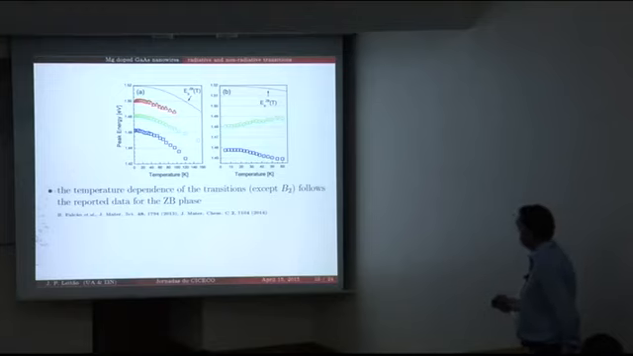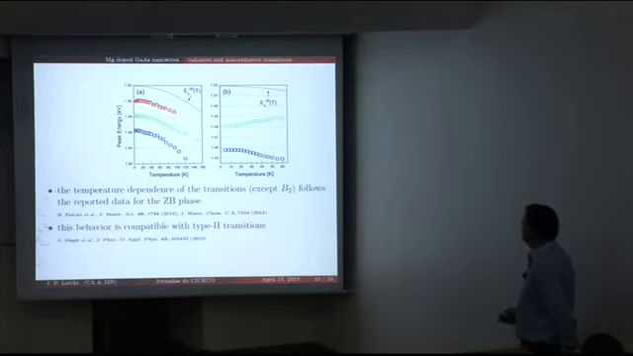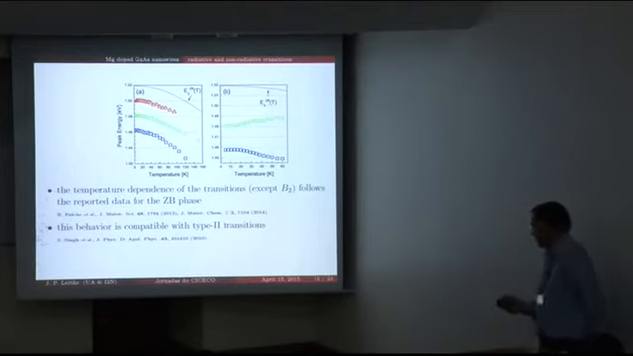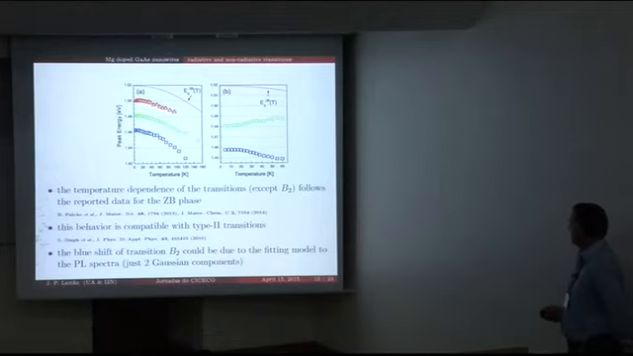This dependence is shown here. It corresponds to the Hassler equation. This behavior is compatible with type 2 transitions, and the difficulty for